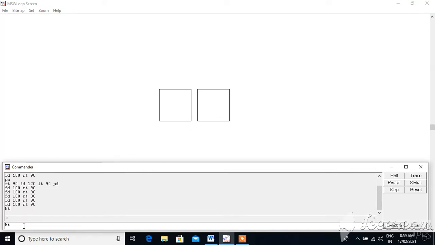If you want to see this turtle again, just type here ST. You can see the turtle again. To hide the turtle, the HT command, and to show the turtle, the ST command. Can you see it here?